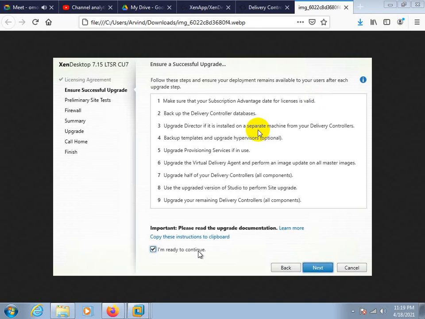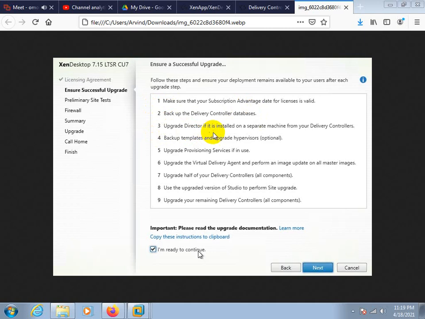If there is any alert related to subscription advantage, then you cannot go ahead. First, you have to fix that, and second, take a backup of the delivery controller database, that is the SQL database, as well as the delivery controller server.